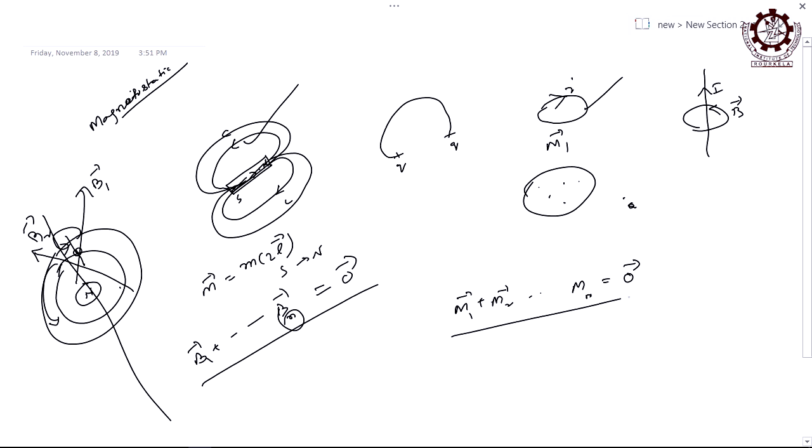So, if it is 0 vector, then it is a non-magnetic atom or molecule, right. If the net moments created by electrons revolving around the nucleus, either for an element or for a compound, in every case the electrons are revolving around the nucleus, right. So, if the net magnetic moment for an atom or the molecule cancels out, so that you are getting 0 magnetic moment, then they are called non-magnetic atoms or molecules, right.